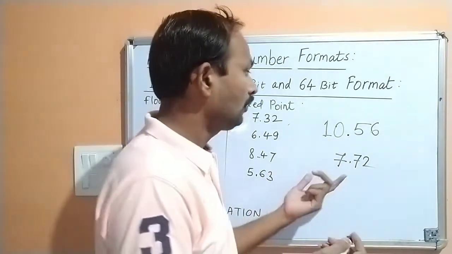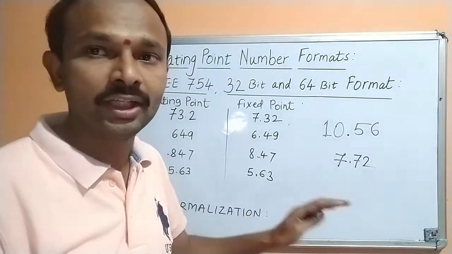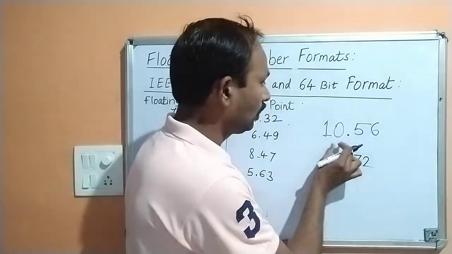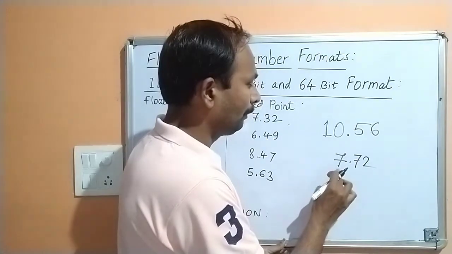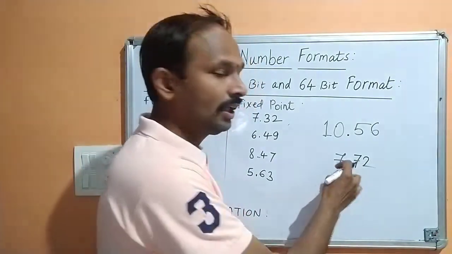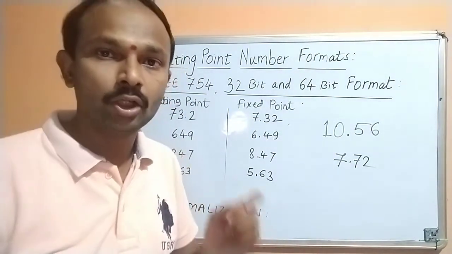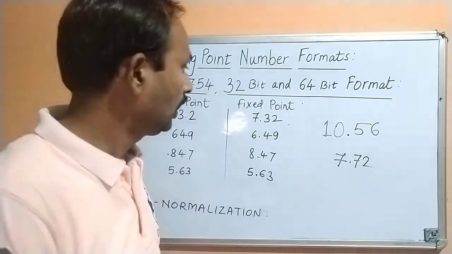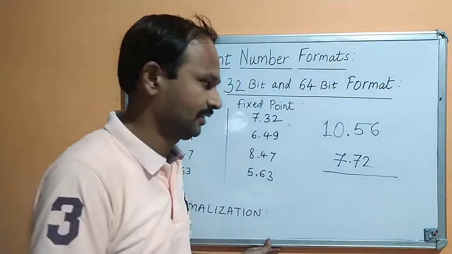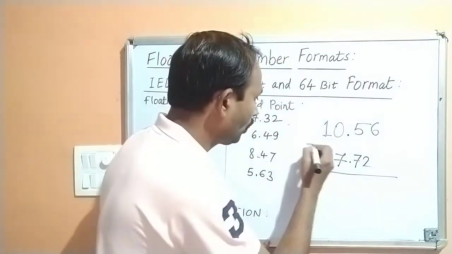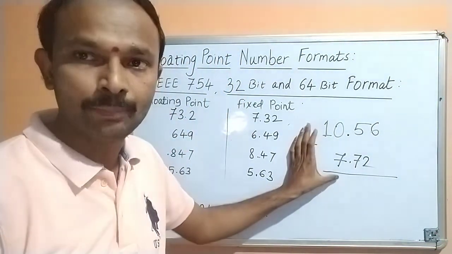Now, if I want to perform some arithmetic on numbers whose point is floating, let us say this particular number has the fractional point after two decimal digits, and this particular number has the fractional point after one decimal digit. Performing arithmetic on these two numbers will take some added time for all of us, maybe addition, maybe subtraction on this type of number.